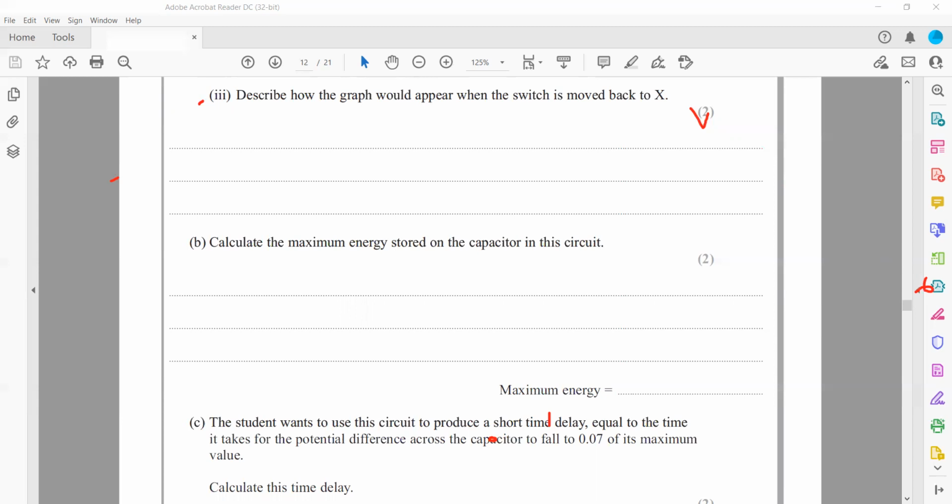The current is the thing which will change here. The idea is that the current will be on the negative axis, or the current will be in the opposite direction. The graph will be the same because charging and discharging graphs are the same, but the direction of the current changes. So we can say the graph will be the same, but the current axis will be opposite,